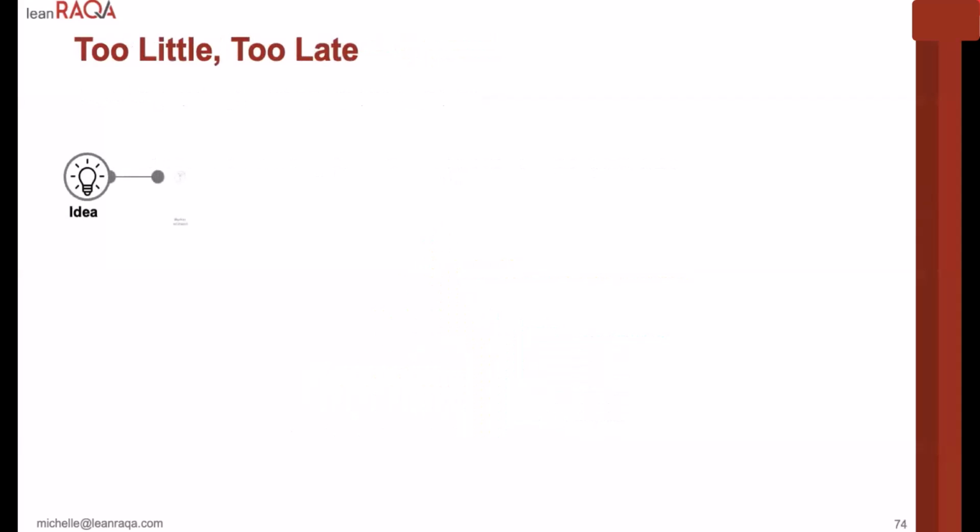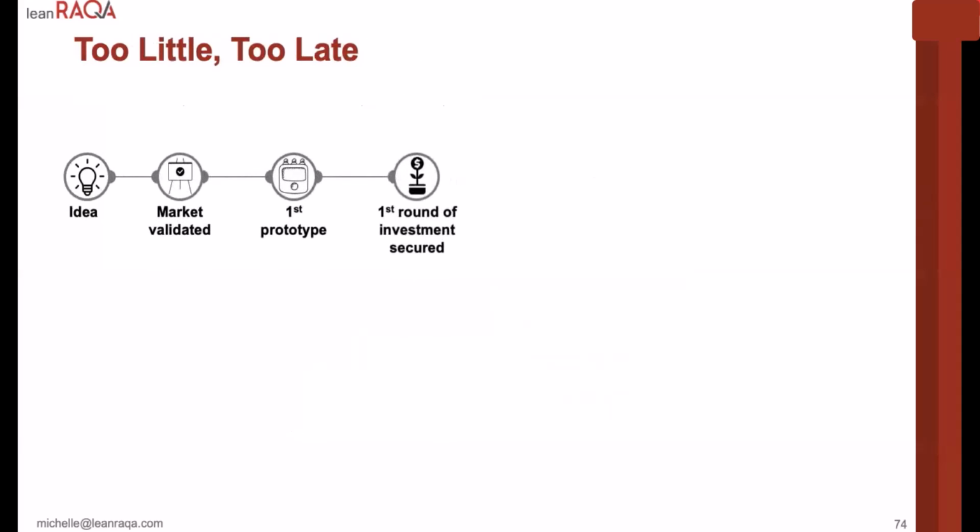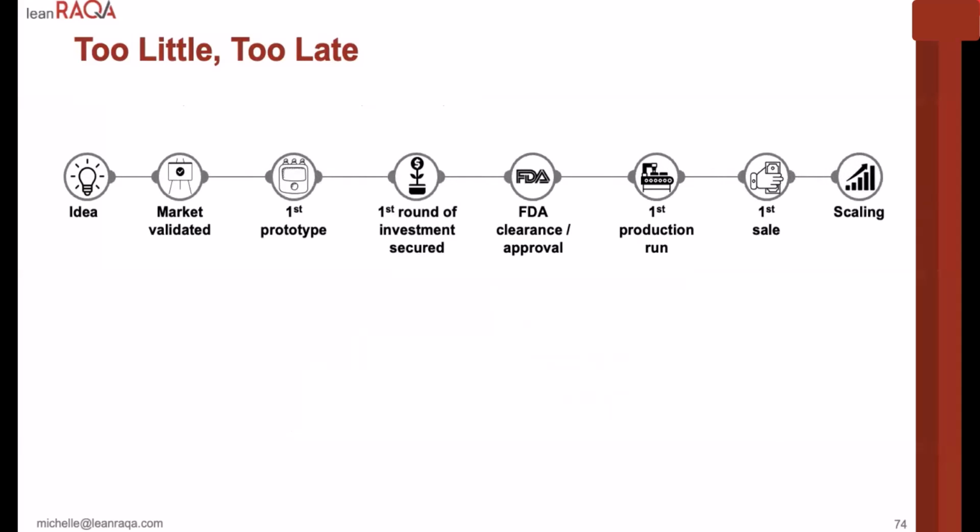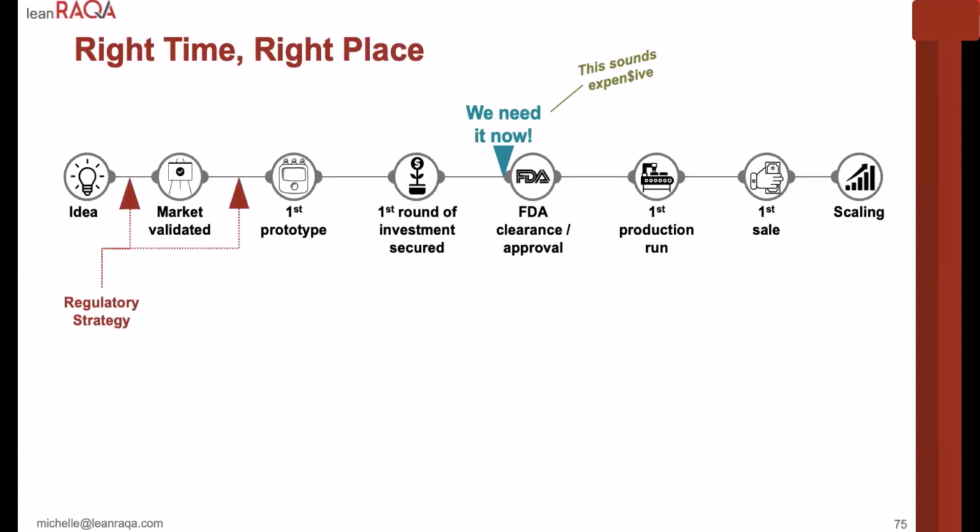So this is the typical story I get when people come to me and want a submission and they haven't started with me. They're like, we need it now. We want you to write us the 510K. We're ready. We've been through all of these things. And they don't call me when they need to because they think it's expensive. We don't need to spend money on regulatory. We're not ready for a 510K. But the problem is that if you look at when is the right time and the right place, the regulatory strategy